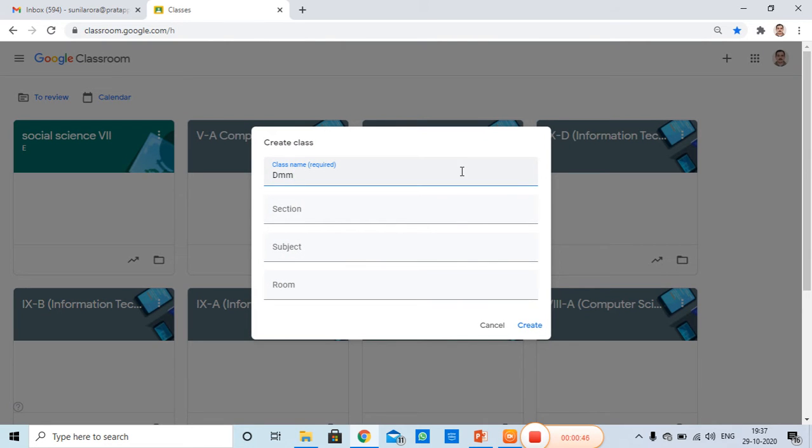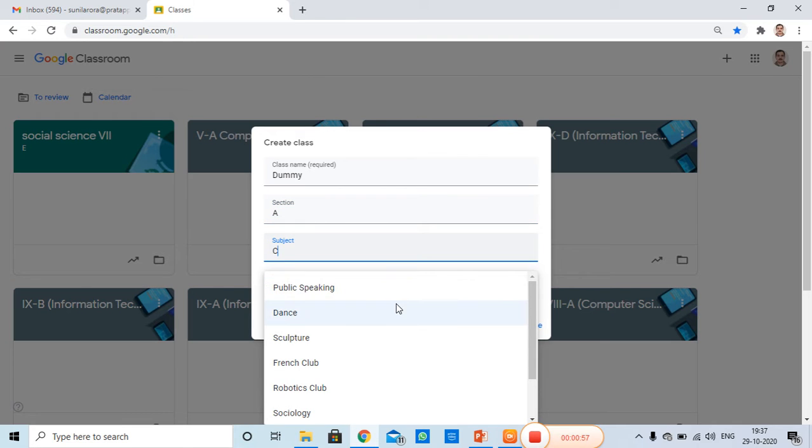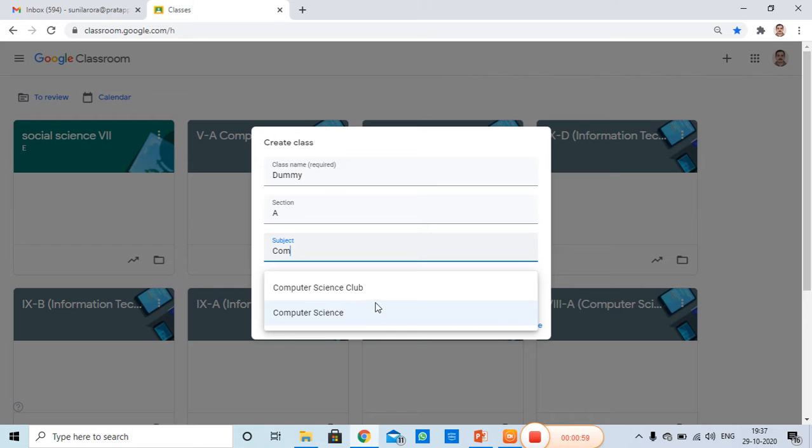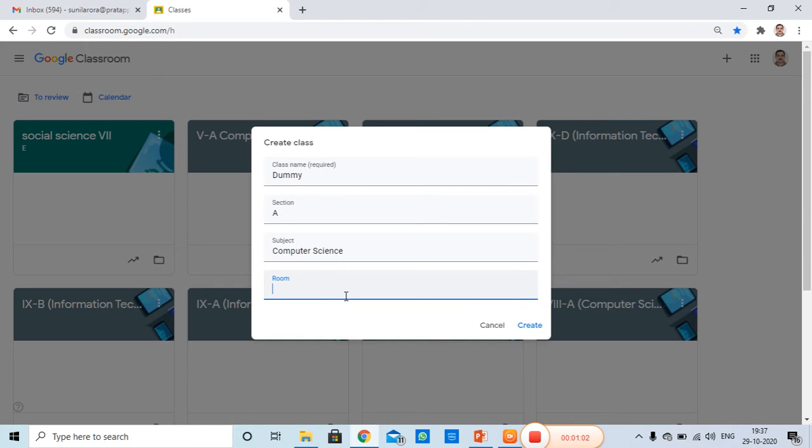Now give any name to the class, then section, subject, and then room number, and then click on create. Just wait. It will take some time.